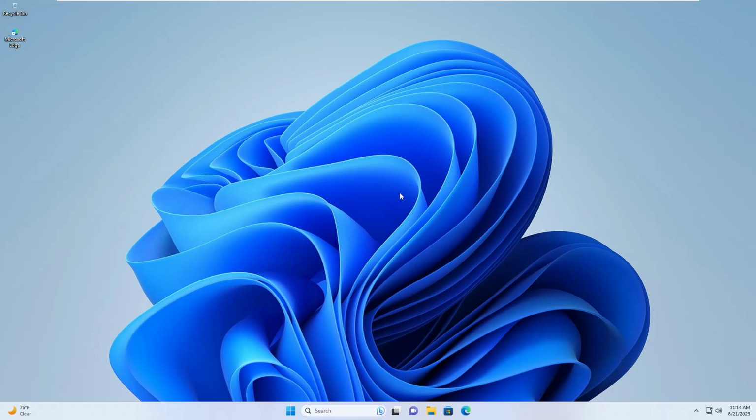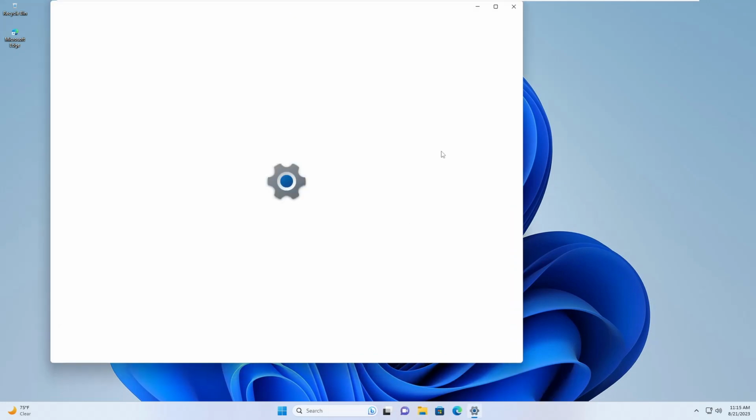Welcome back. In this video, let us see how we can align or add the icons to the taskbar, and also we can see how we can change this default option of the taskbar. I don't like the view which is available now, so right click on the taskbar settings,